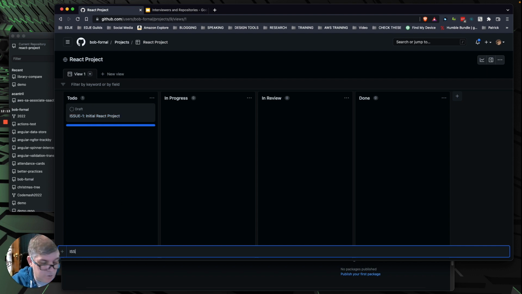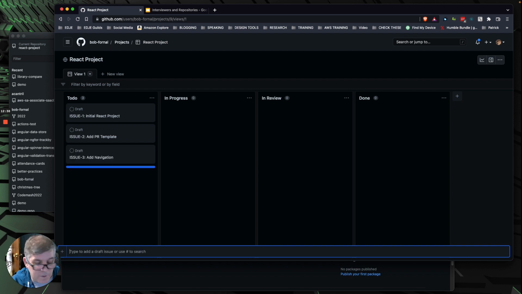So issue 2 is going to be add pull request template. Issue 3 is going to be add pages, I don't want to say add navigation.